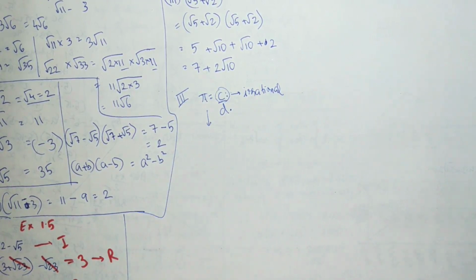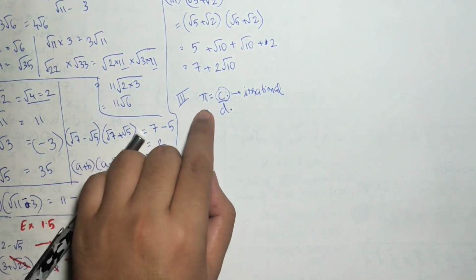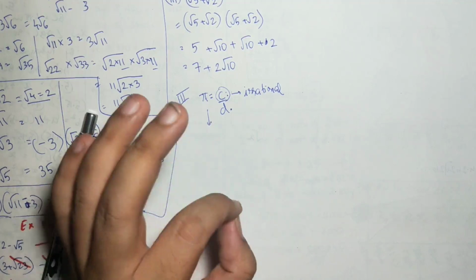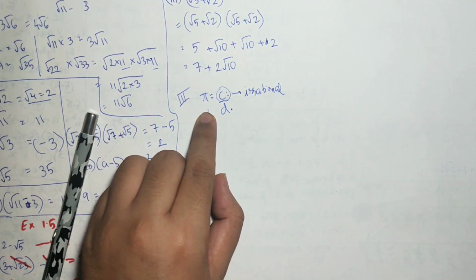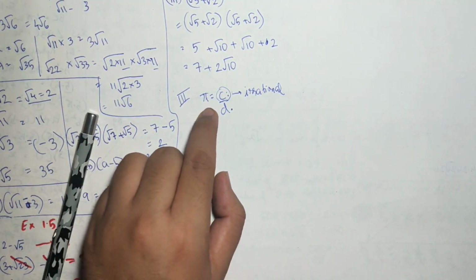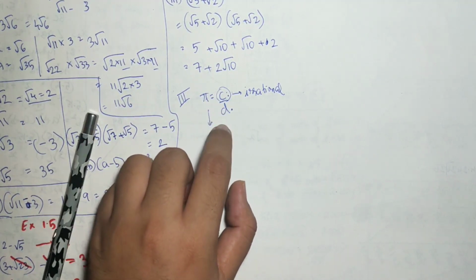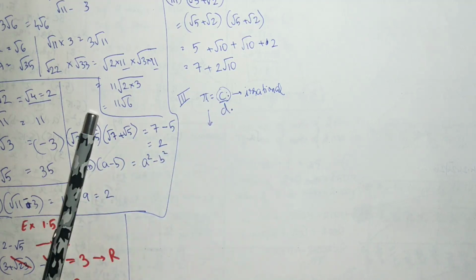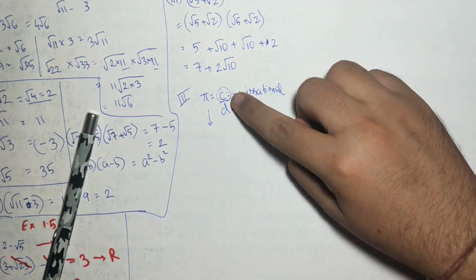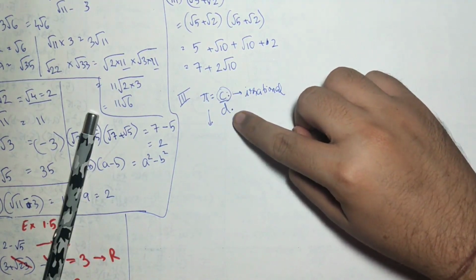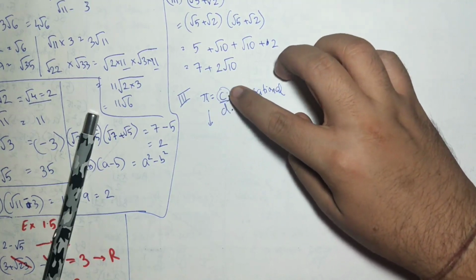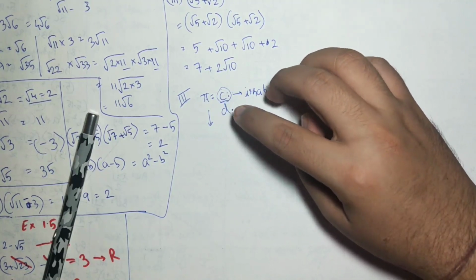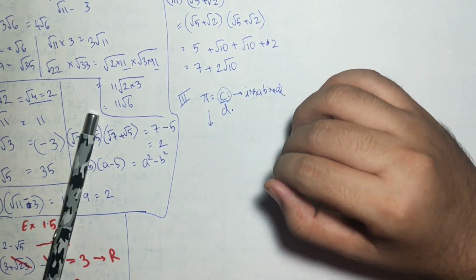So I'm dictating the answer; if you want, you can write it in your notebooks and maintain a record of this. No doubt pi is the ratio of circumference to diameter, but the circumference of a circle is an irrational number. So an irrational number is divided by a rational number, and the answer will be irrational. That is why, no doubt, pi can be written in fraction form, but it is also an irrational number because the numerator is irrational.